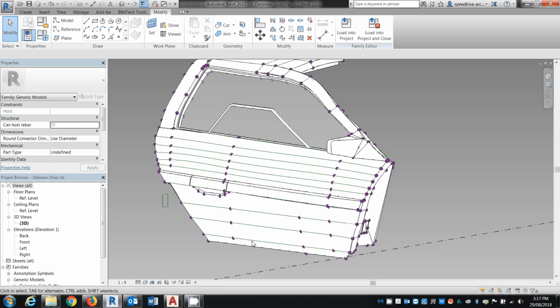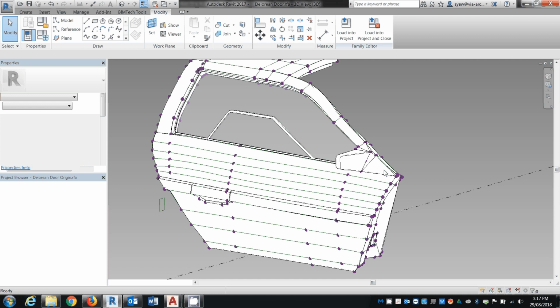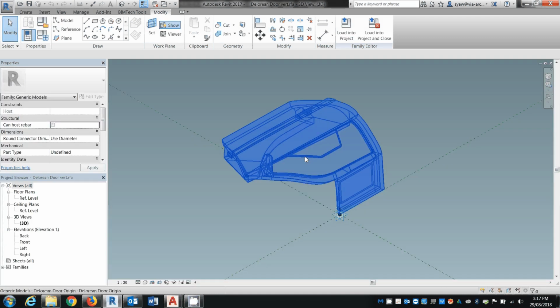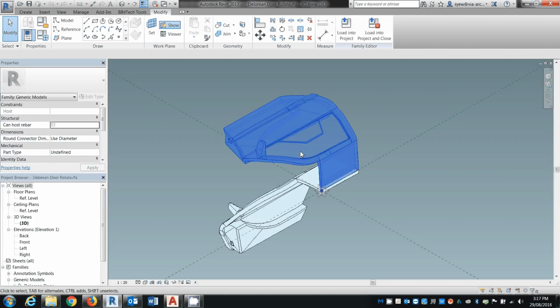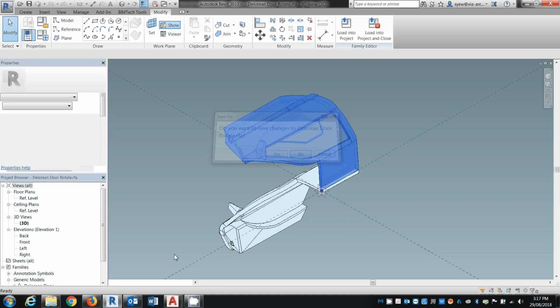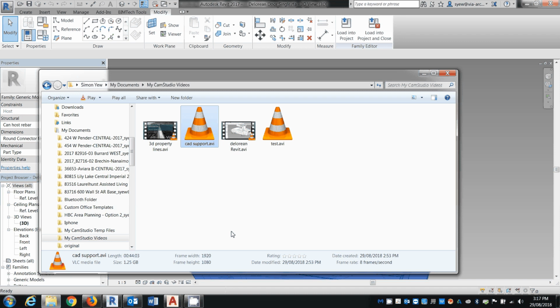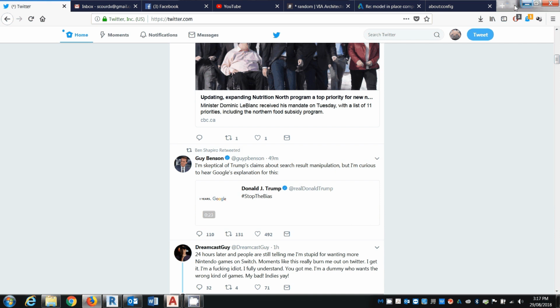I know that this is certainly not for everybody, but if you want to build really nice looking cars inside Revit, it can be done. It's just not the best tool to use, but this is a test case. Now, the one good thing I got out of this is that I was able to help Autodesk upload the files and test it out and see if it works for their